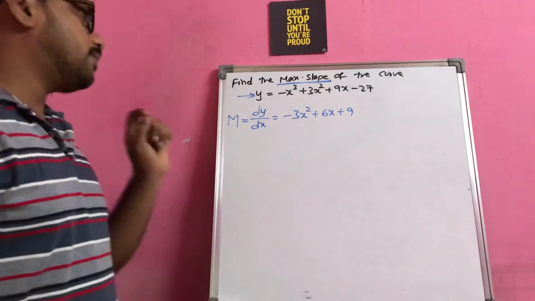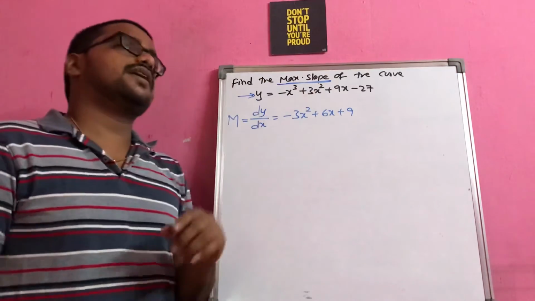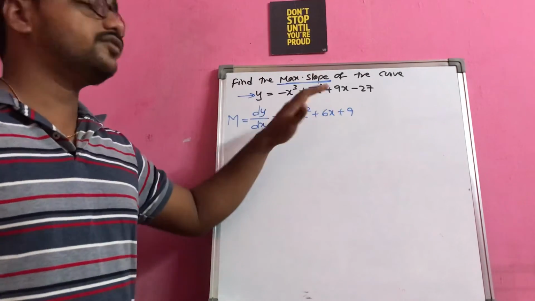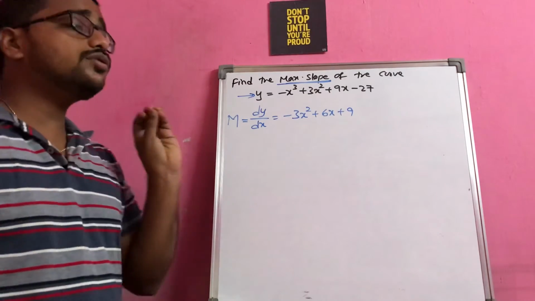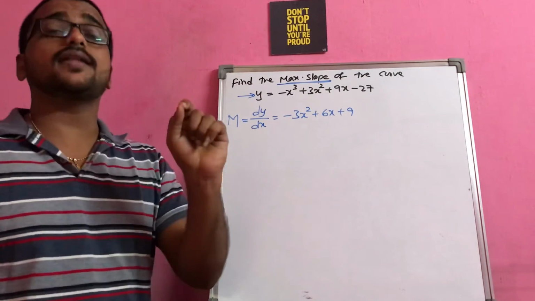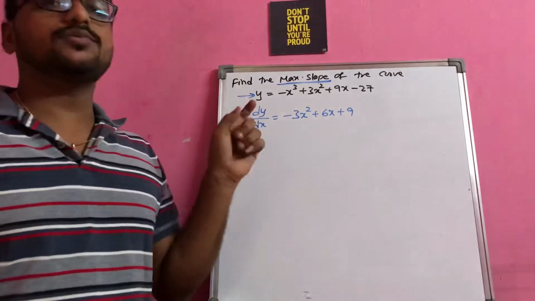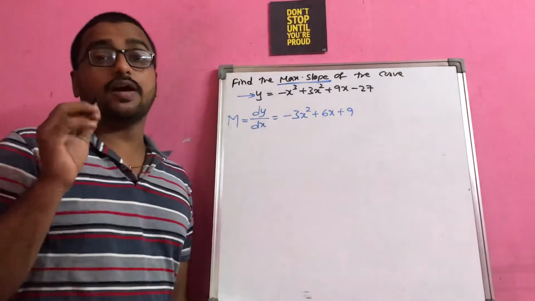Usually, the common mistake students make in this question is that they consider the given function itself as the required function, find the derivative, equate it to 0, and get the turning points for this function itself. But you should understand, they are not asking you to find the maximum value of the curve. They are asking you to find the maximum slope. So M is your required function.